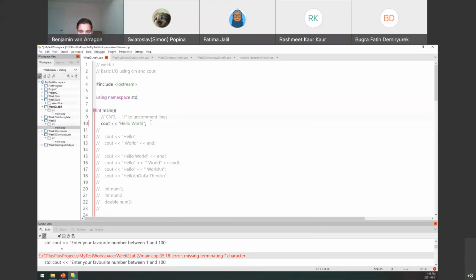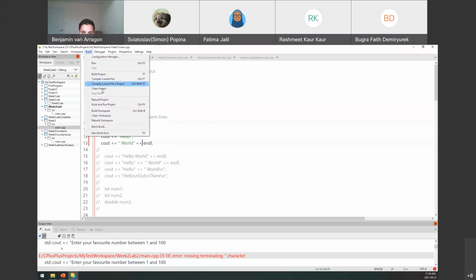So there you go. If I do this and if I do this, remember, we have to specify if we want a new line. This will actually print out the exact same thing because we don't have an endl here, so this will actually get appended to the end of it. Another thing, notice I'm using namespace std here, so we don't have to type std:: in front of cout or in front of our endl. So if I build and run this,